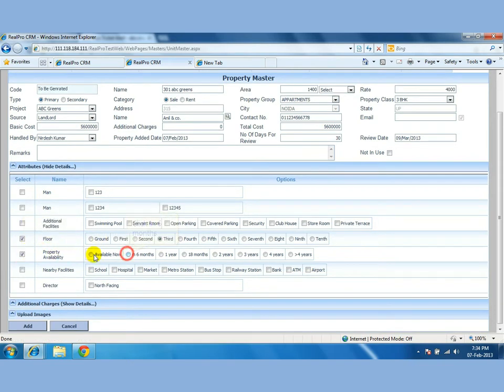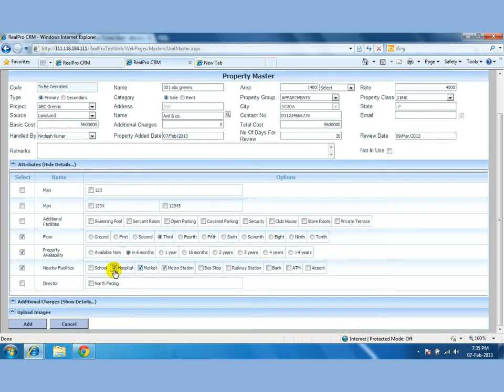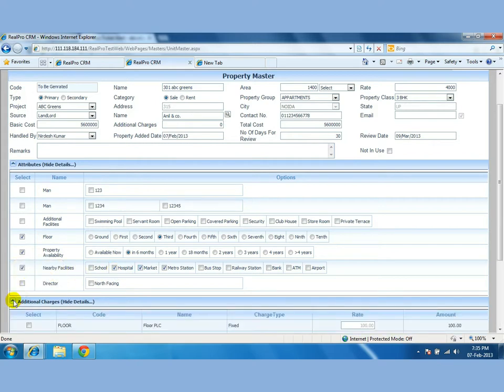It could be the floor, maybe the property is available on the third floor, property availability time, let's say in 6 months, nearby facilities. These all attributes can be defined yourself, and we can define any number of attributes, and we can define in these attributes, do you want to select a single attribute or a multiple attribute.